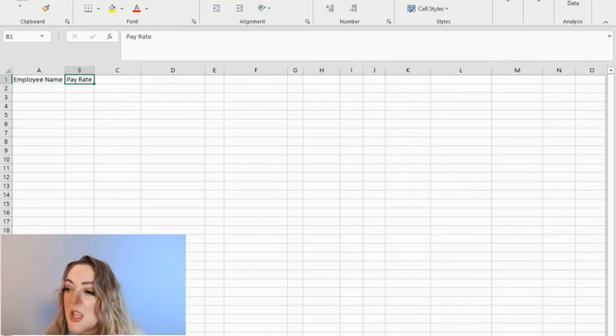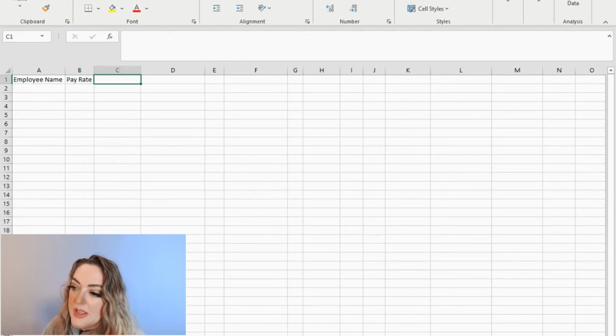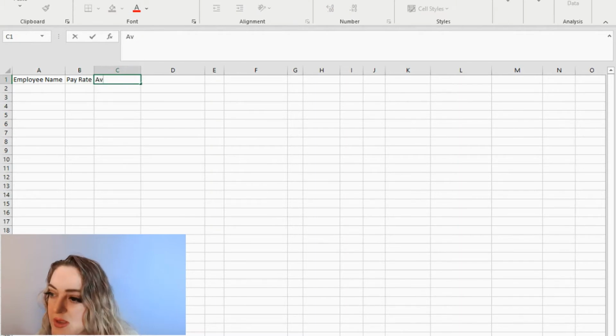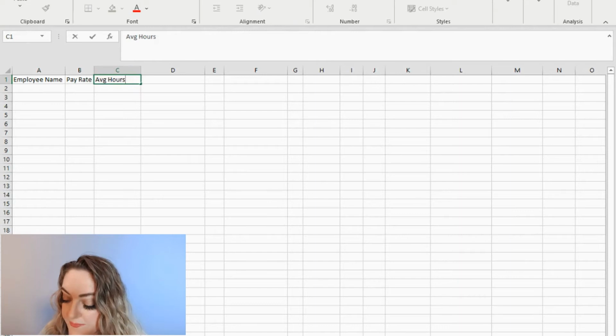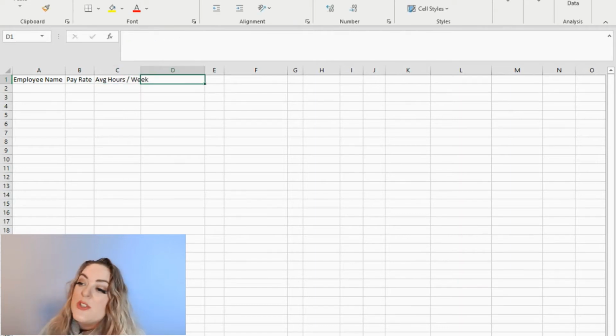Now, I recommend putting your pay rate in as an hourly rate, regardless of whether people are salary or if they have commissions. Break it down. Try to break it down by hourly rate because that will make all of your other formulas flow a lot easier. Okay, so once you have your pay rate, you also need to know how many hours they typically work. So I'll put an average